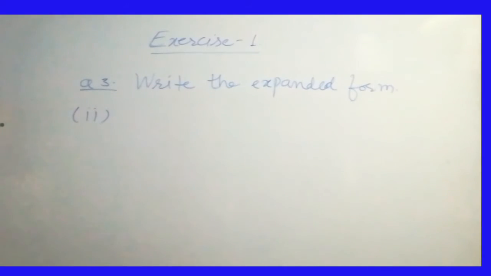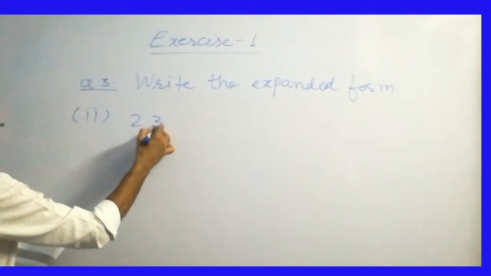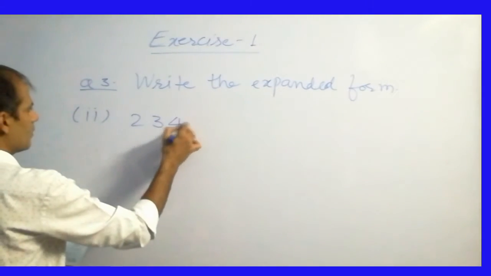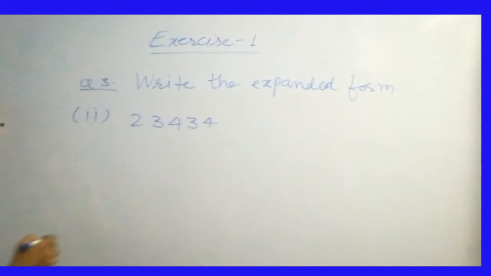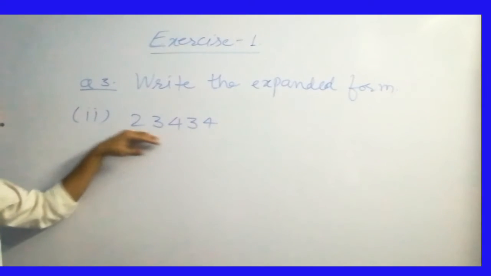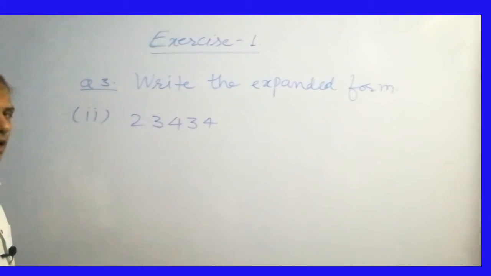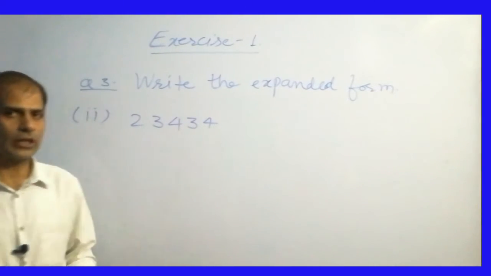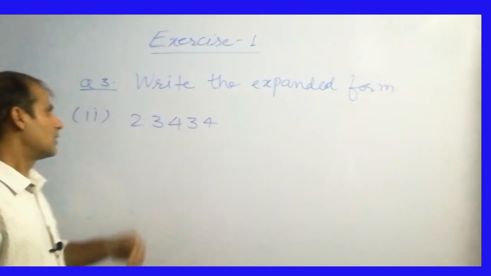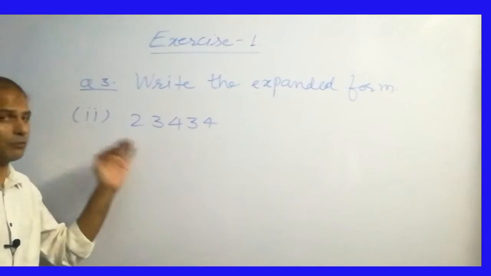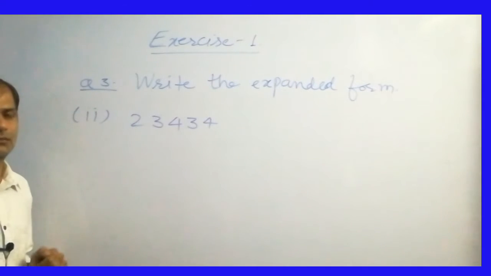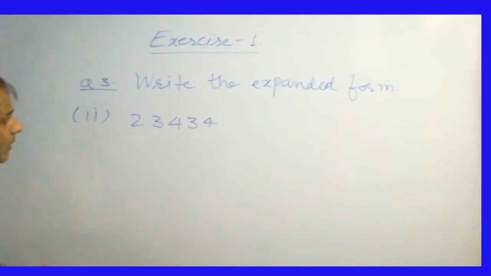Second part, the number is 23,434. Same concept. Okay, as you can see there are 5 digits. Now आपको बहुत अच्छे से वीडियो देखना है. ओके, जो भी कॉन्सेप्ट मैं बता रहा हूँ उस पर फोकस करना आपको. देखिए बहुत इजी है, बहुत ज़्यादा इजी है ये चैप्टर जो है. Here you can see 5 digits.